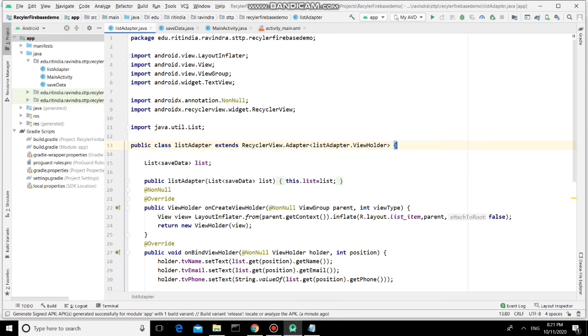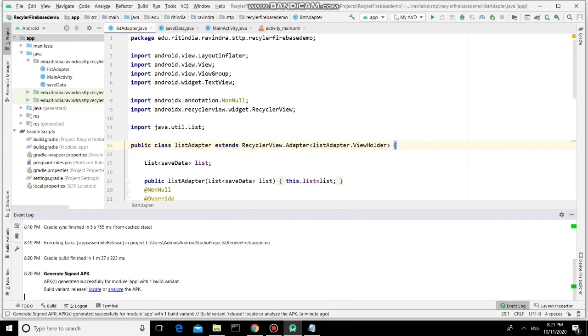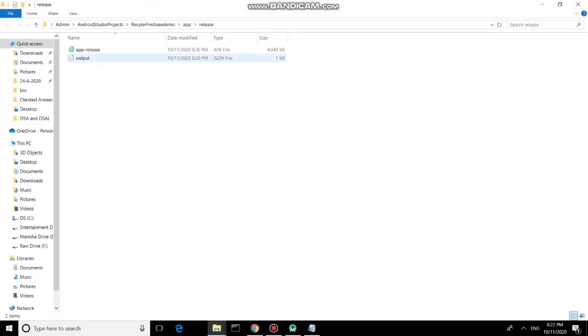Okay, so see here it is showing the APK is generated successfully. So just click on this and it is asking you to locate that. So just click on the locate link, it will bring you to that folder. So see here the signed APK is generated. The default name is app release.apk.